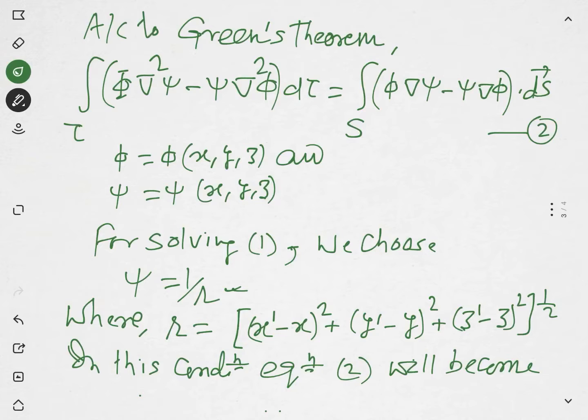See this equation. Here psi will be replaced by 1 over r, here, here, and here. So replacing all the psi with 1 by r, our equation number 2 will become